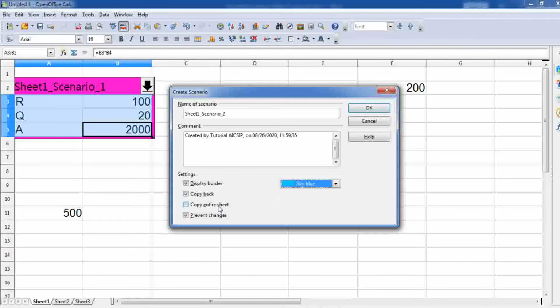If you want to copy the entire sheet, you can choose this option, and whenever you create a scenario, it will be copied to another worksheet. And prevent changes: nobody can change that particular scenario if you select this. When you want to edit, you have to go to the view navigator. So that option is there. Like that you can write these answers.